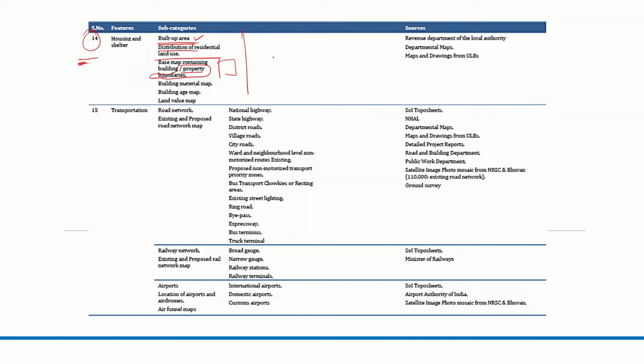Again, you're going to do two things. One, of course, you will do based on the secondary information. You will do the mapping, and after going to the site, this has to be verified, whether this is okay or this has to be added or removed. This kind of verification has to be done when you visit the site.